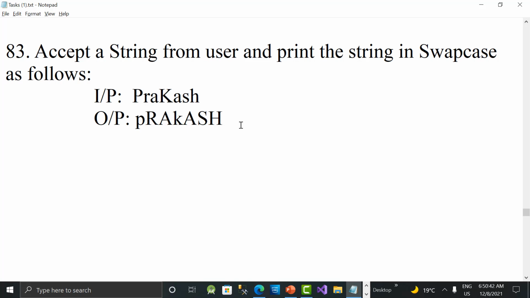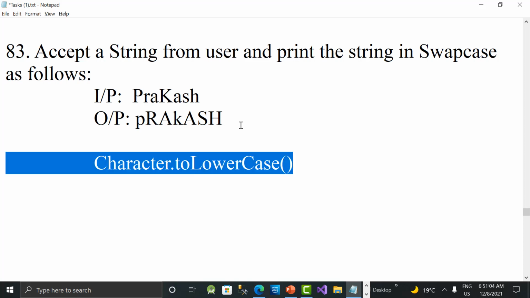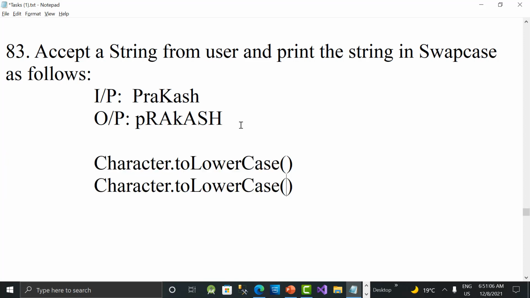Actually, we don't have a swap case method available in Java. That is the reason we are writing our own logic, guys. In this example, we are going to use the Character class. In that we have a method called toLowerCase, which converts into lowercase, and in the same way we have toUpperCase to convert into uppercase.